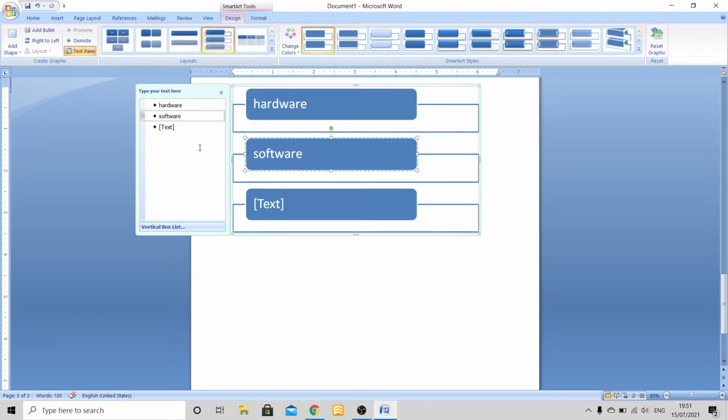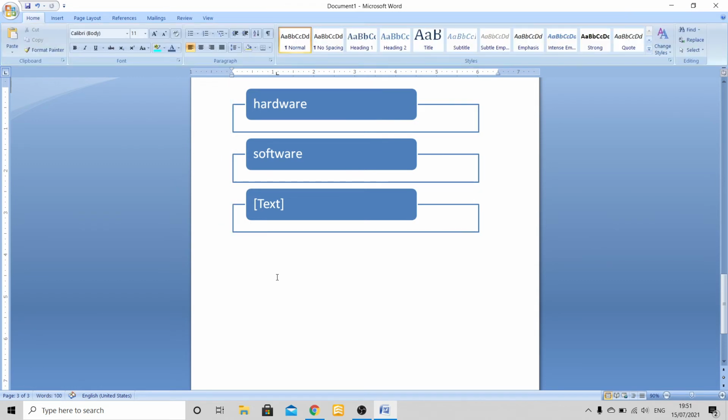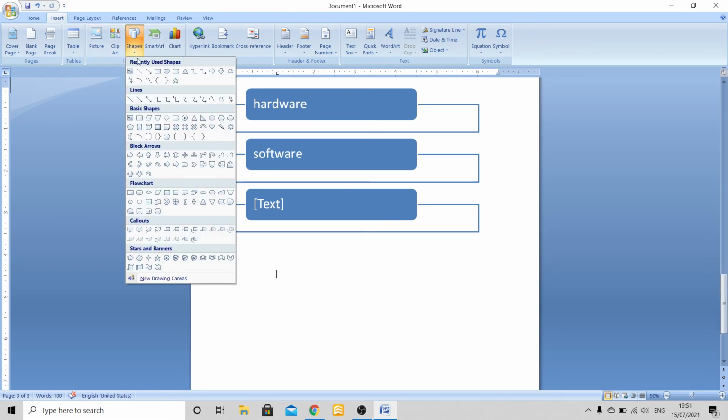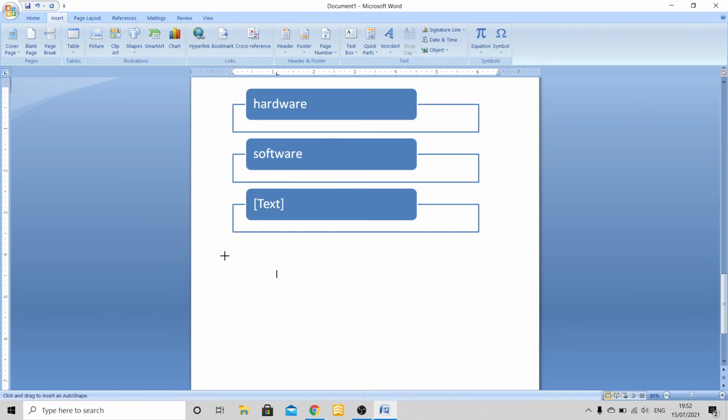Next we have drawing shapes. Now when I want to draw any shape, I go to the Insert tab and here, shapes. As soon as I click on this, see here I have got many more shapes. Whatever shapes I want, I can take. Suppose I want an arrow, I'll select it and see the cursor changes to the plus sign over here.